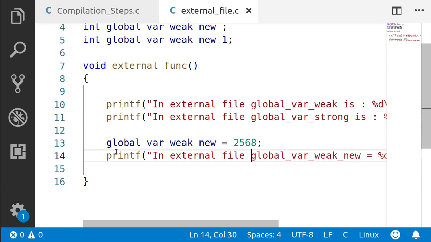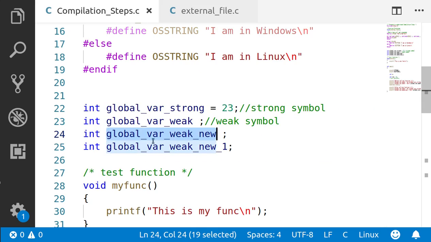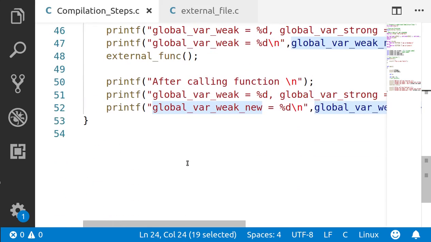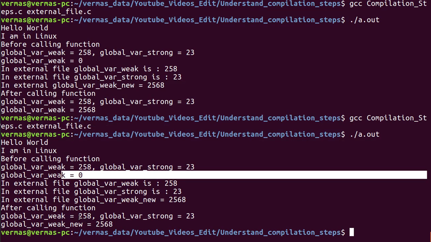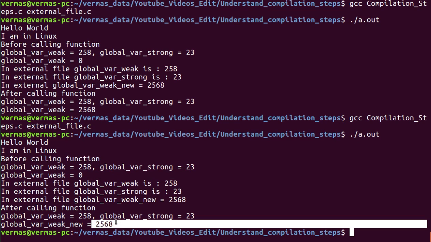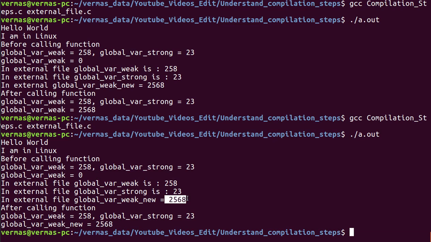Now if I try to change the value in this file, and print it again after changing here, you can see that I am getting the latest value. Initially it is 0, but after calling this function, weak new gets changed to the new value. So this is the symbol resolution.